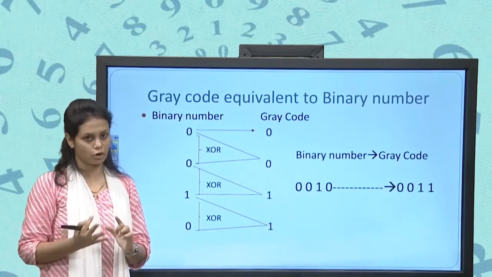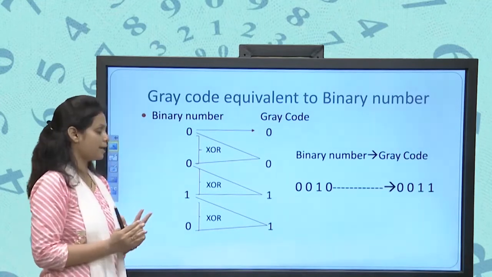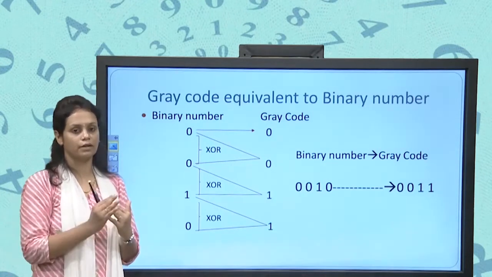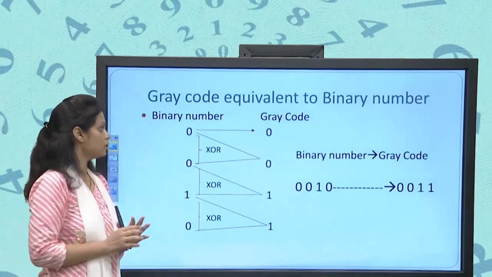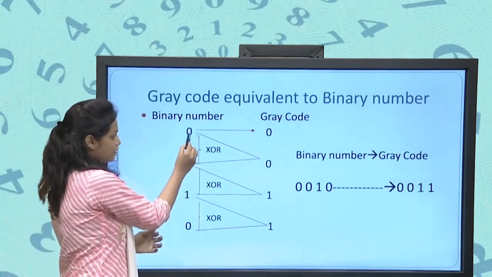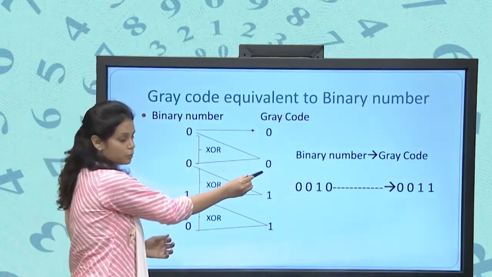We will apply XOR operation. Then we will make the pair of the second and third bit. We will apply XOR operation. Then we will make the pair of the third and fourth bit. We will apply the XOR operation, right? So first 0 is 0. Okay. Now we will make the pair of this 2 0. We'll apply XOR. This will give the output 0.